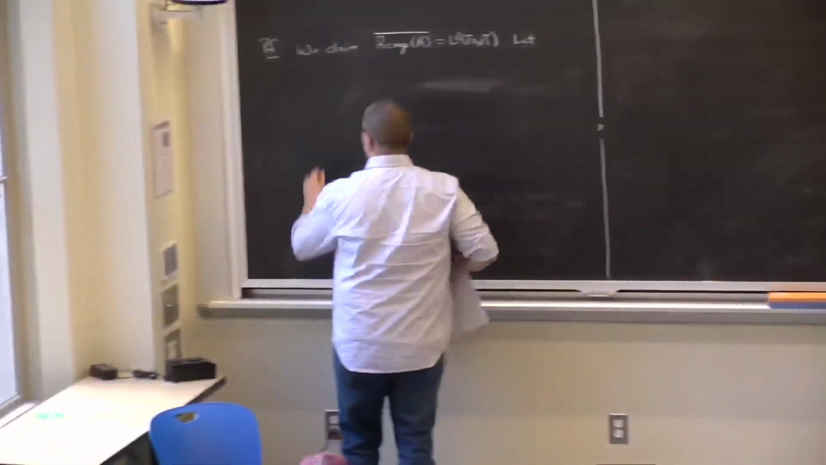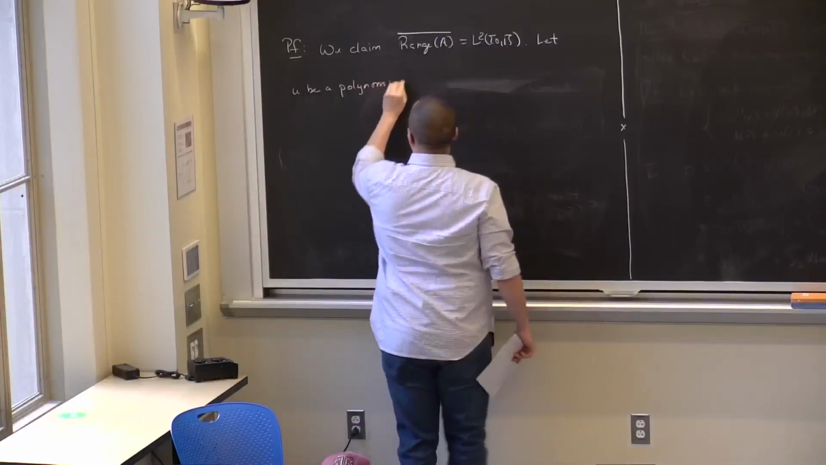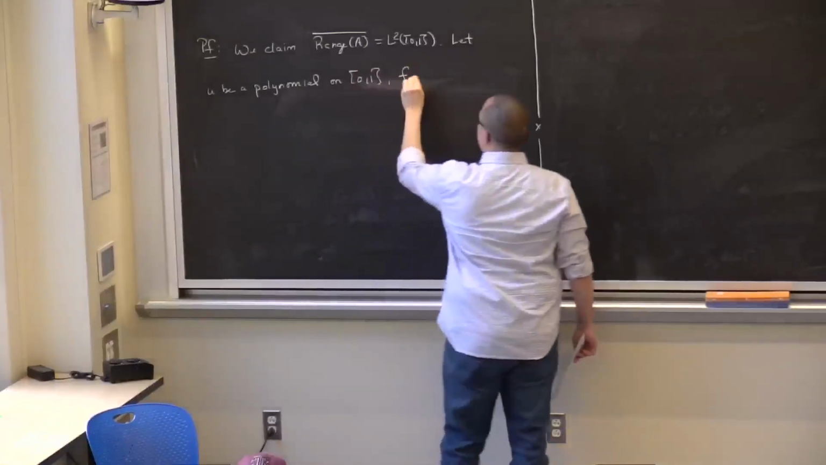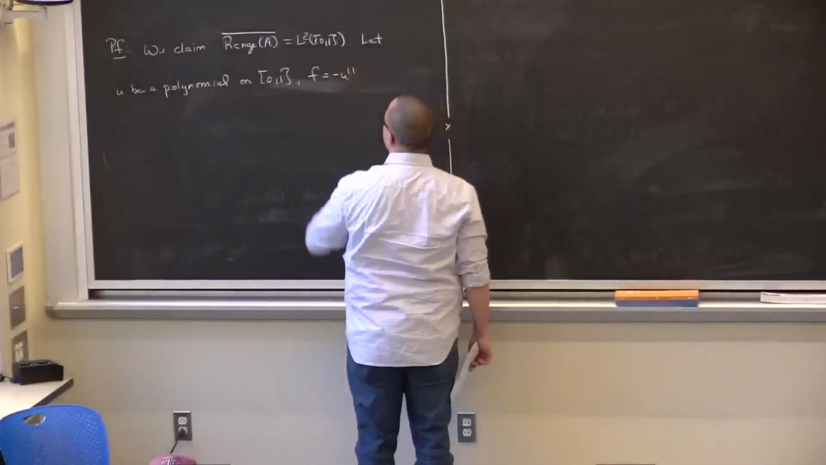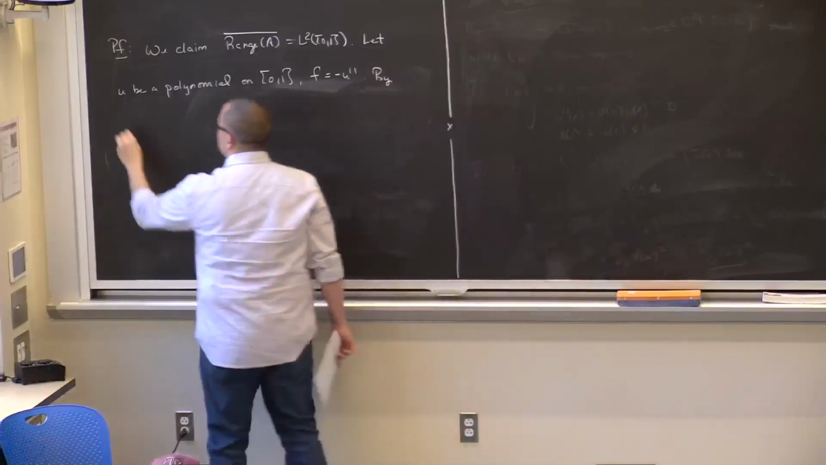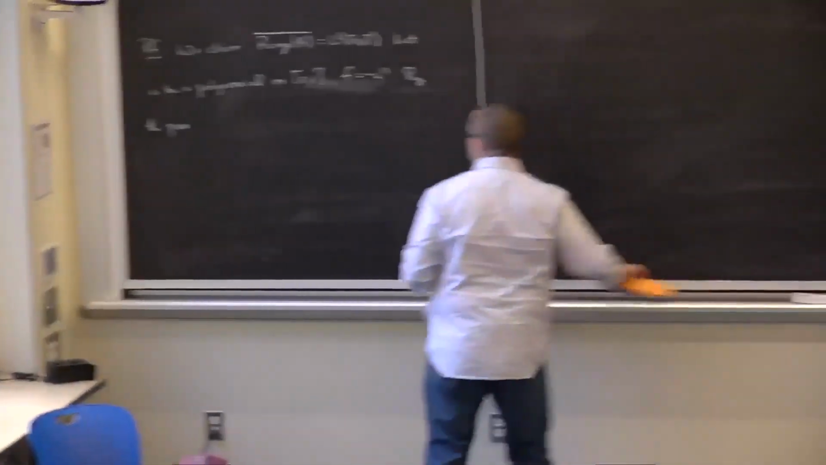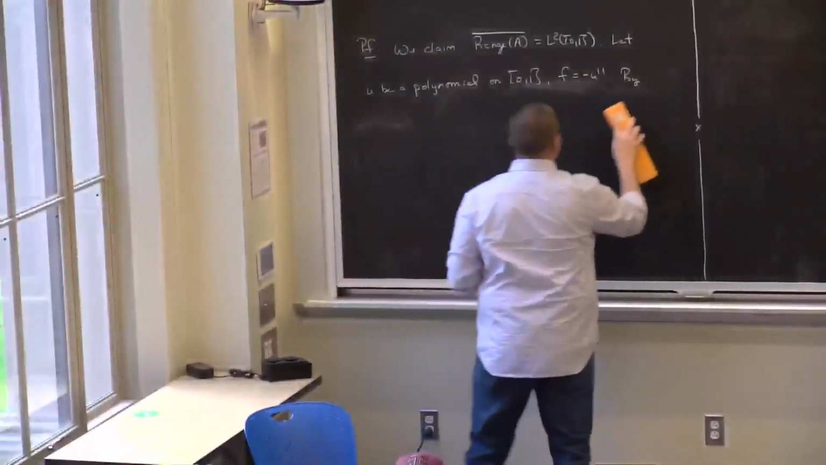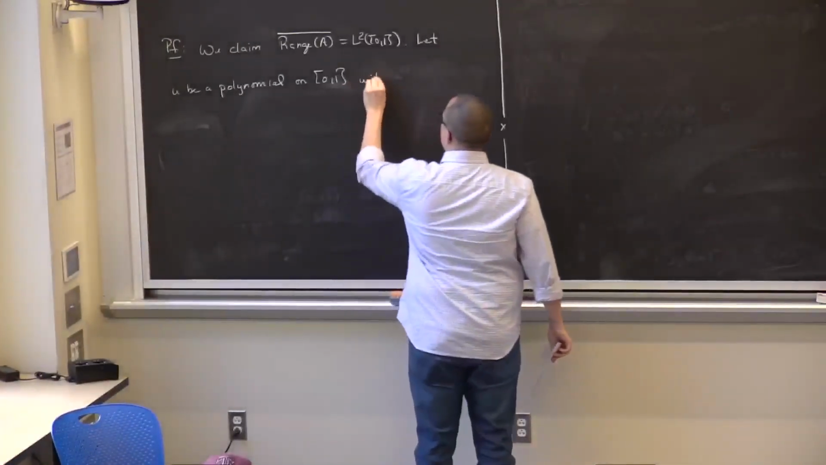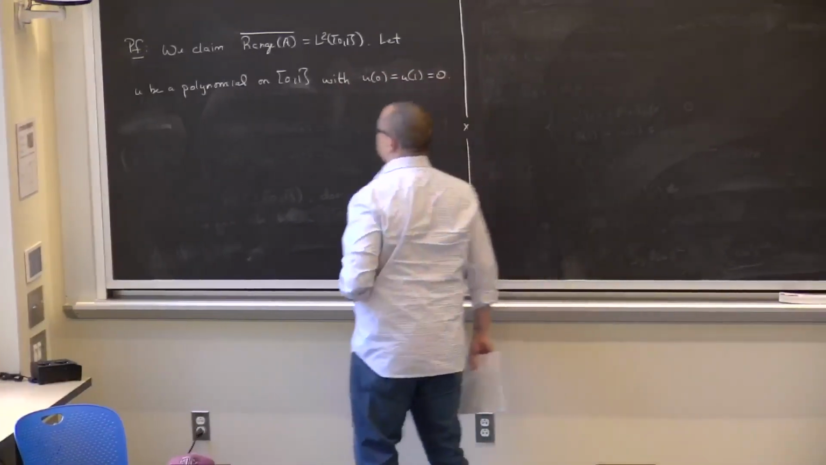Okay, so let U be a polynomial on 0, 1, with U of 0 equals U of 1 equals 0, and F equals minus U double prime. Now, by the previous theorem, I should say,